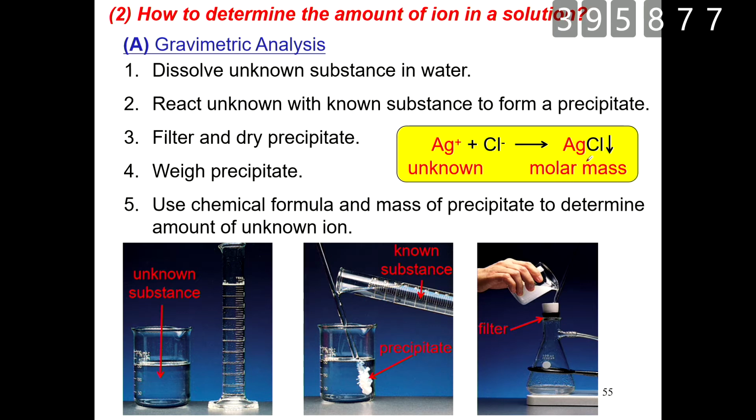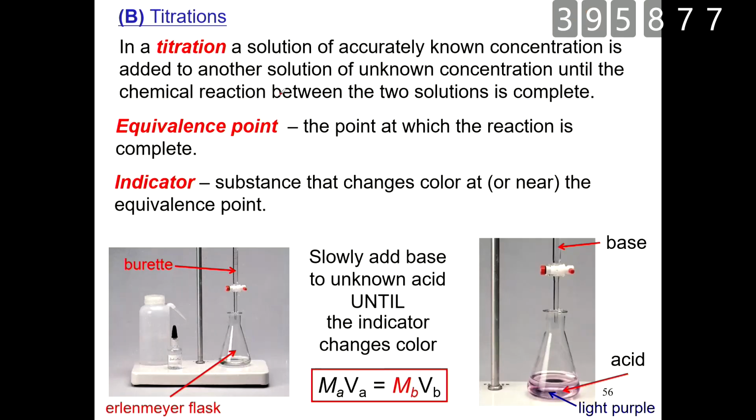Then we can weigh the precipitate, and from its weight we can calculate the mass in the unknown solution. This is the first way. The second way is called